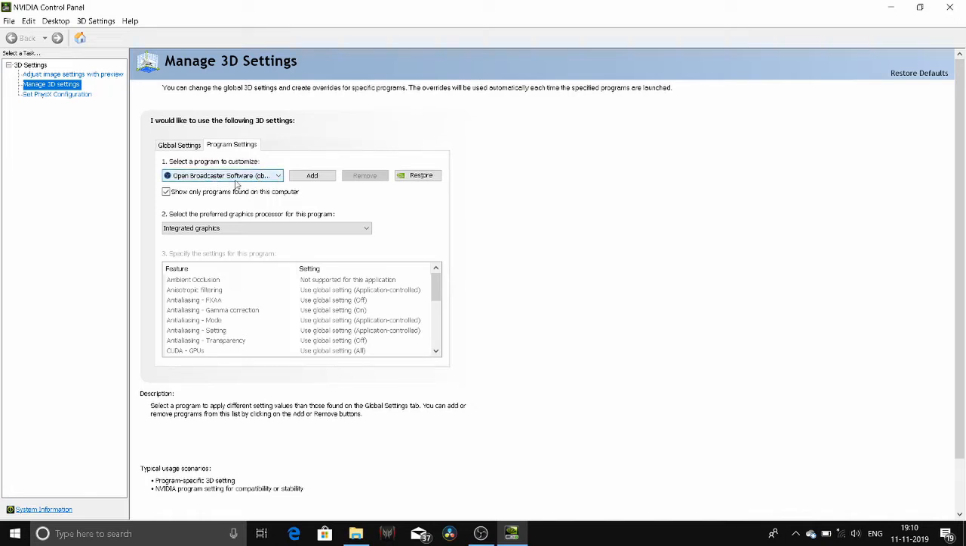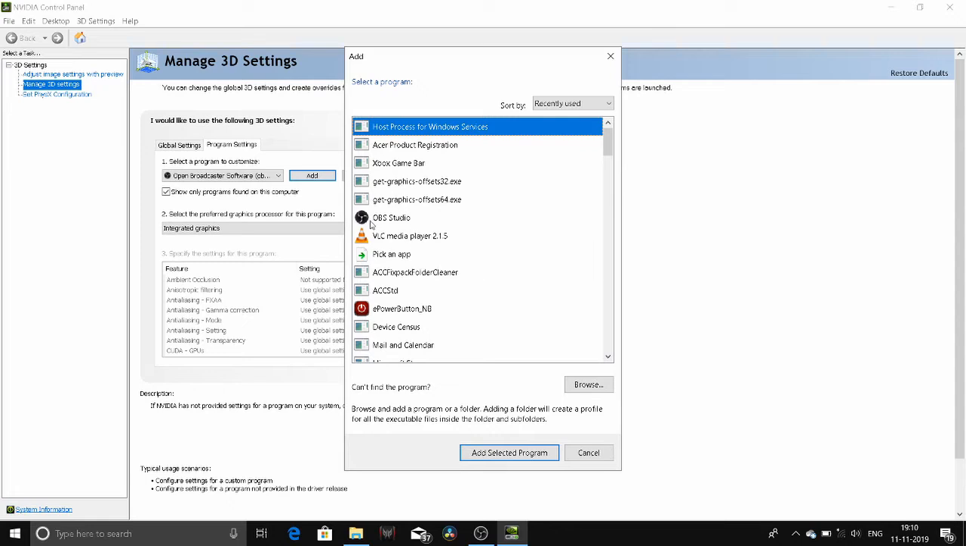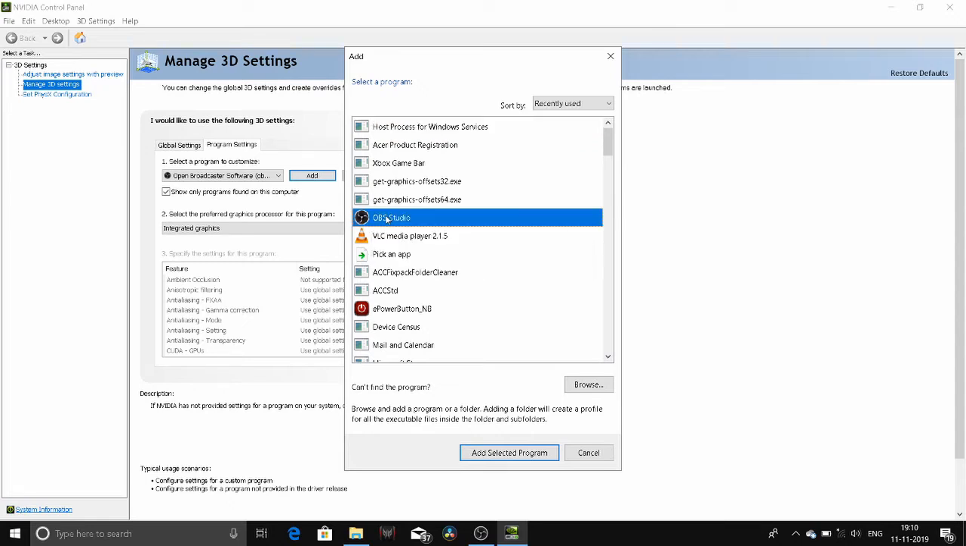is seen here. Click on add and select this OBS Studio. Click here and click here, add selected program. Select your OBS Studio and click add selected program. Okay,